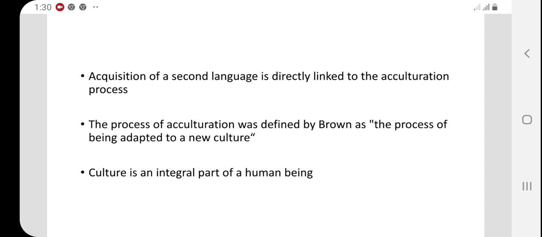When we adapt ourselves to a new culture, then we have to live socially according to their culture, and we have to speak according to their culture, as we are concerned with language acquisition. So in this model, culture plays the most important role in learning a language, that you move from one culture to another. And culture is one of the integral or basic parts of a human being,